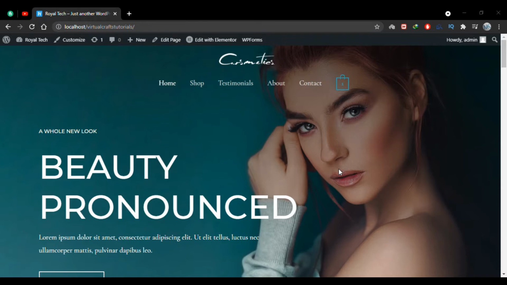Now subscription products are recurring payment products that the customers have to pay for after every specified interval of time. As an example, you can think of a web hosting company that sells subscriptions. Initially, we purchase the web hosting, let's say for 1 year, and then after 1 year, our subscription automatically expires and we have to renew our subscription to keep using the web hosting. So these kinds of products are called subscription products.